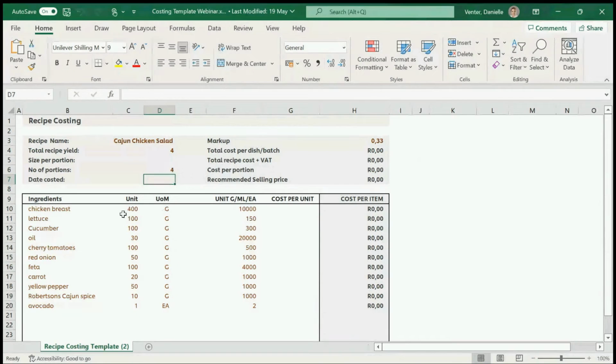Of measure, so it's 400 grams. So you will see this going down. I've added all of that in already. What I've done also is I have added in the size of the unit of the packaging that you receive. So you'll see that my chicken breast I get in a box of,